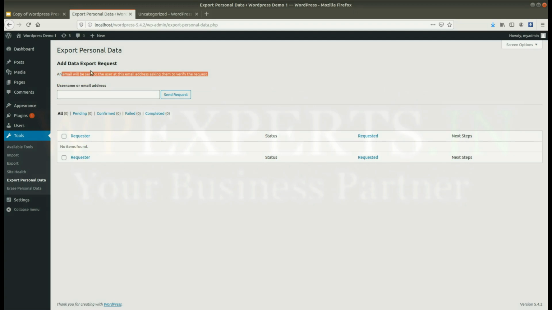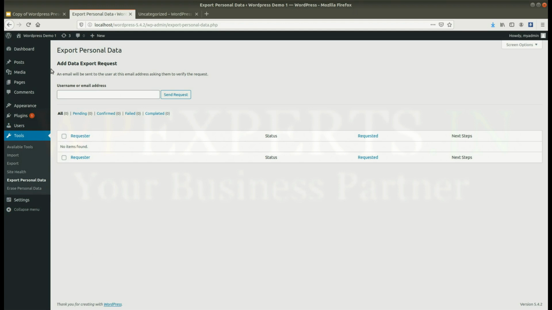So by using export personal data, you can create a new request by defining the user email address. And if you want to erase the personal data, in that case you can erase it. Okay. So these are the settings of the tools.